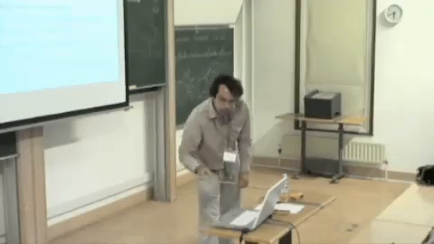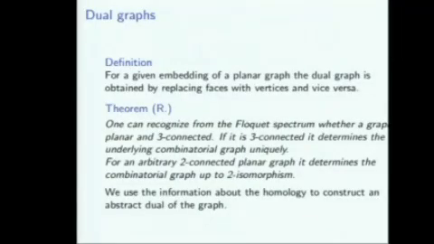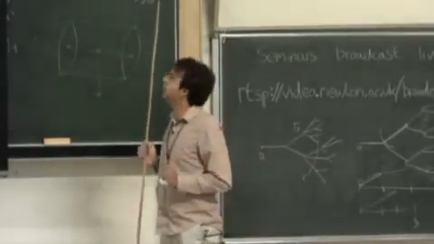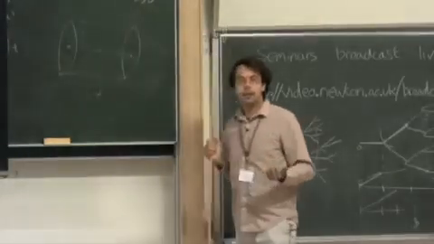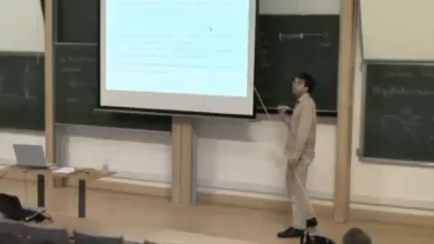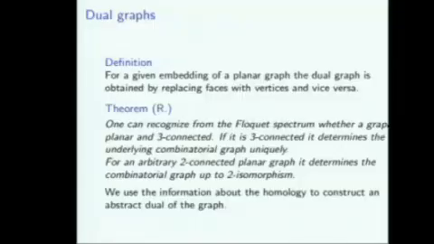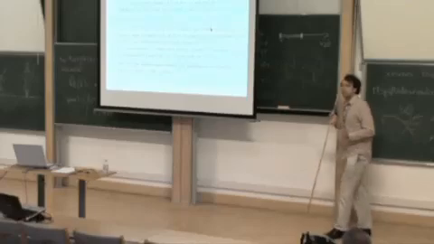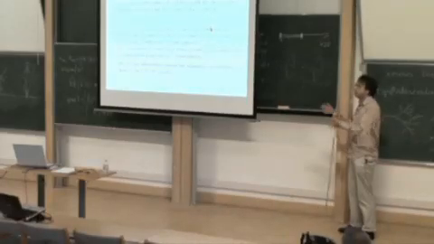And using this idea of dual graphs, I can use all the information about the homologies to construct a dual graph of a given planar graph. But there's already a small problem here, because it says embedding of a graph, and if your graph is more complicated than the simple example that I drew here, there can be several dual graphs of the same graph that don't need to be isomorphic. And then when I dualize again, it's not guaranteed that I actually get the original graph back that I started out with, but I get something that's called 2-isomorphic to the graph. So I don't get the full graph back, but I get something that looks like my graph. And if my graph is 3-connected, then